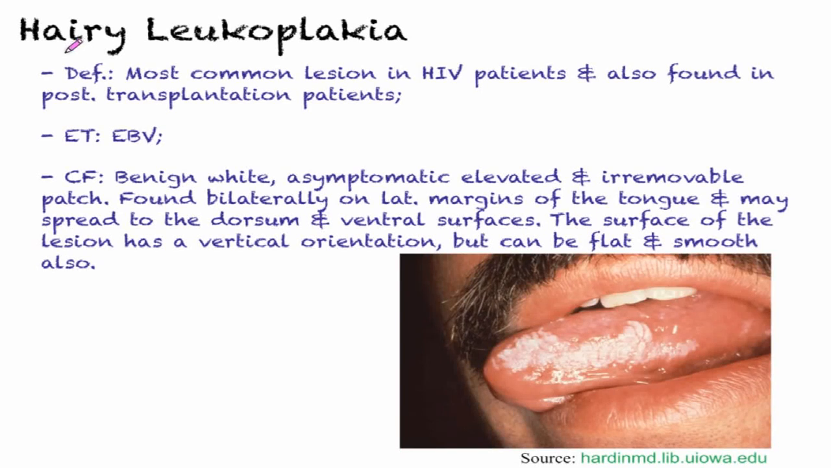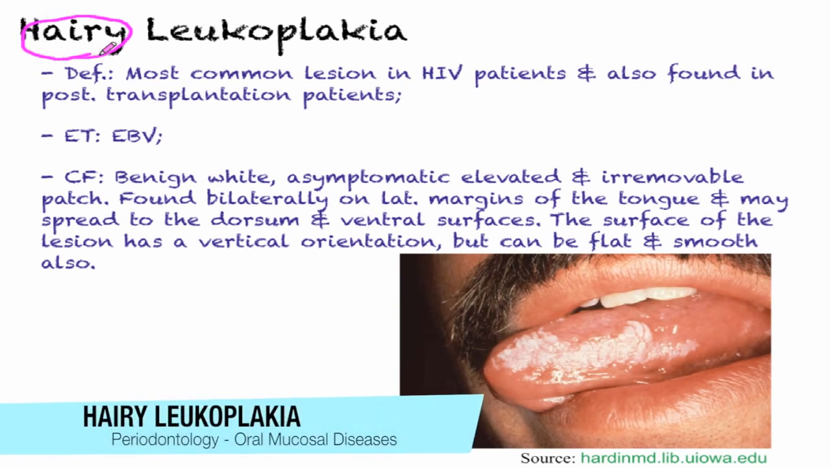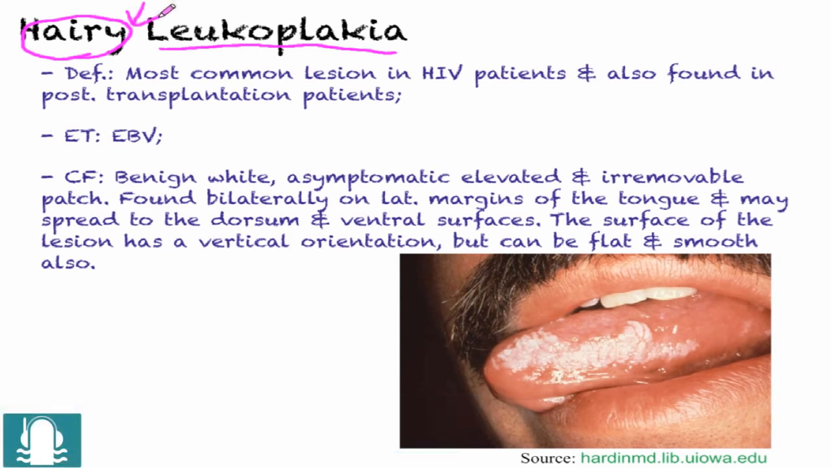The next disease I would like to talk about is Hairy Leukoplakia. Previously we were talking about plain old Leukoplakia, now we're on to the hairy type. So the definition of this type of white lesion: it's characteristic and the most common lesion in HIV patients. That's patients with human immunodeficiency virus, and it's also found in